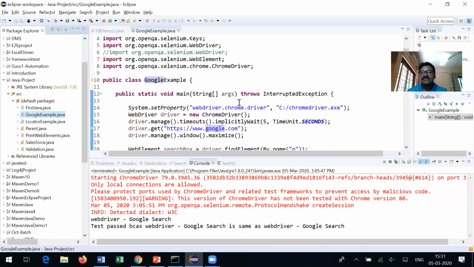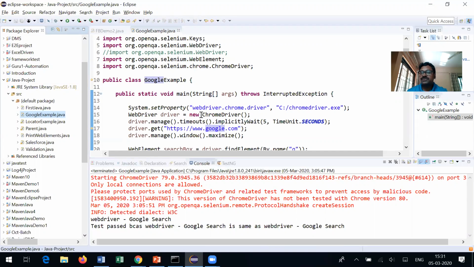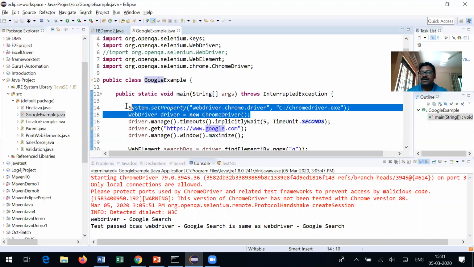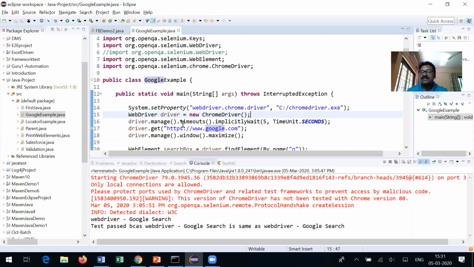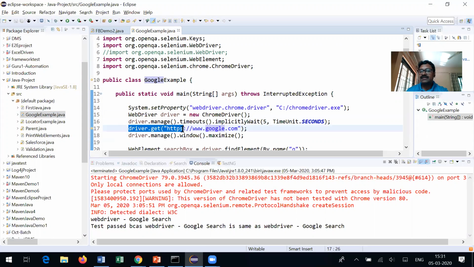So what it does basically, I'm using Java programming. These two lines, System.setProperty and driver is equal to new ChromeDriver, are responsible for invoking the Chrome browser. And this is to make the implicit wait. And once we invoke the browser, we need to enter the URL. That is done by the driver.get method.